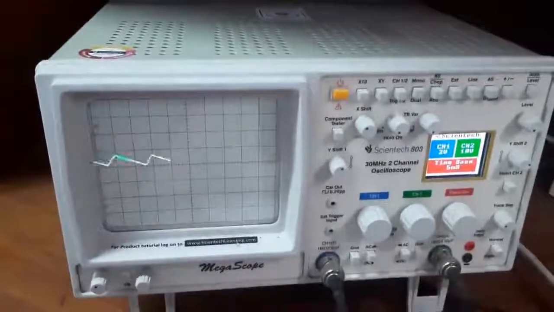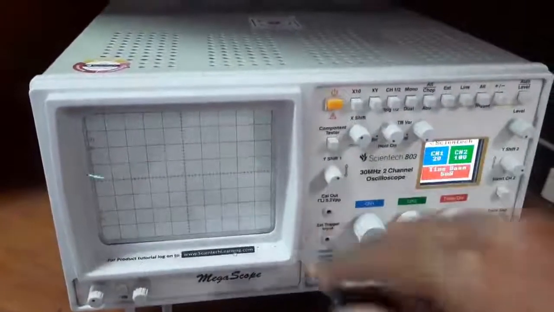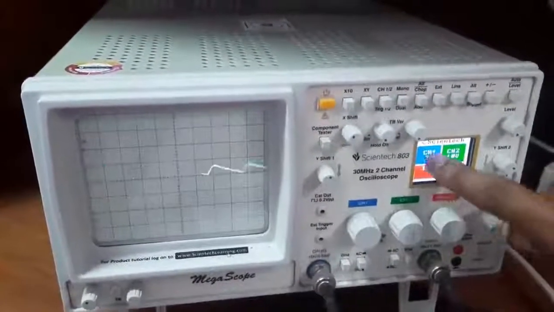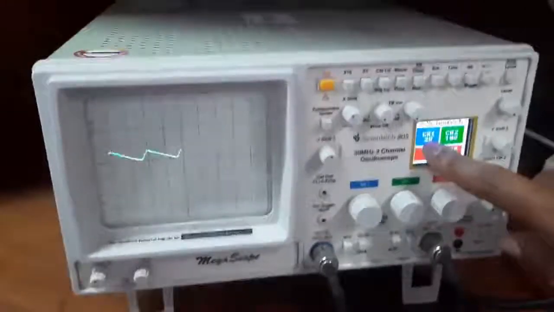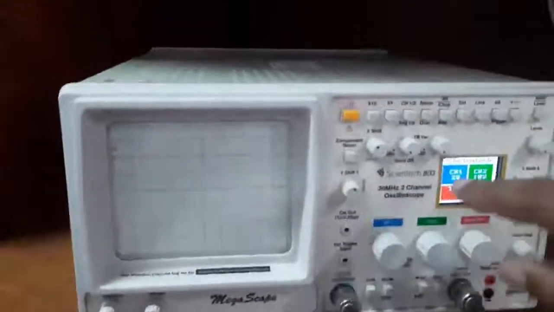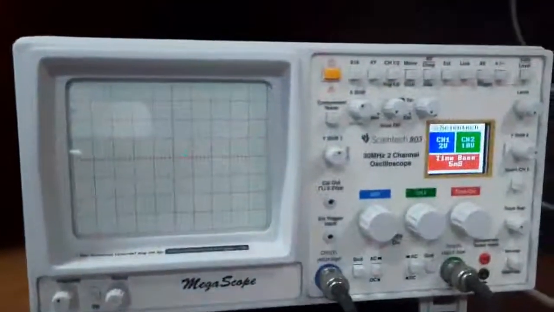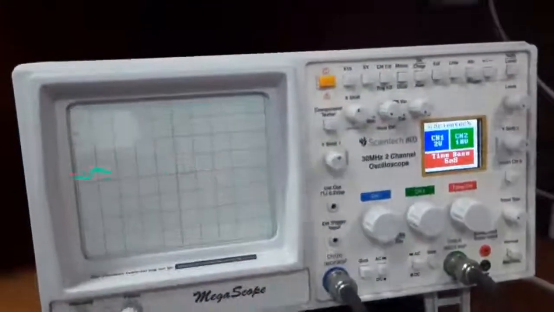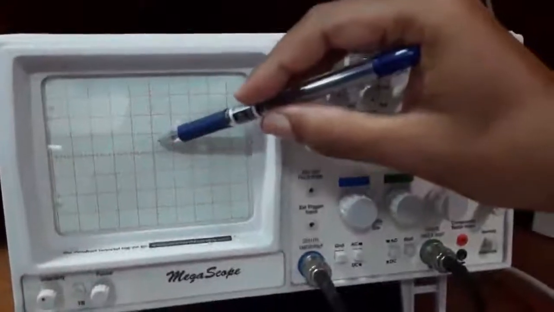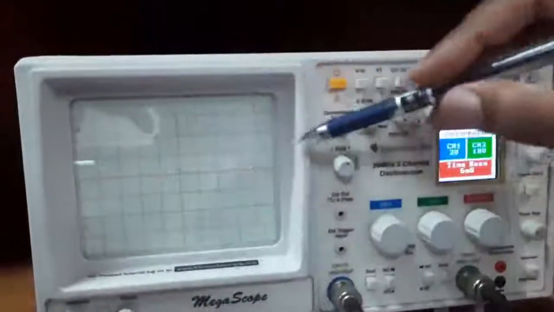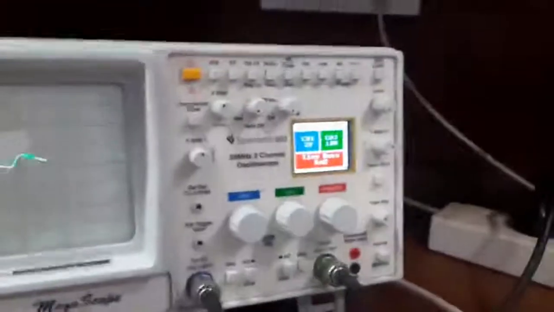I have changed the voltage division, now I have made it 2 volts. So just calculate the amplitude, or VR peak to peak. It is 0.6 into 2 volts.